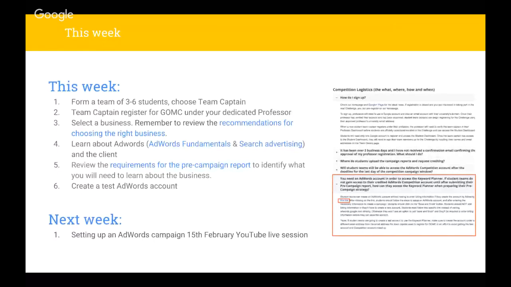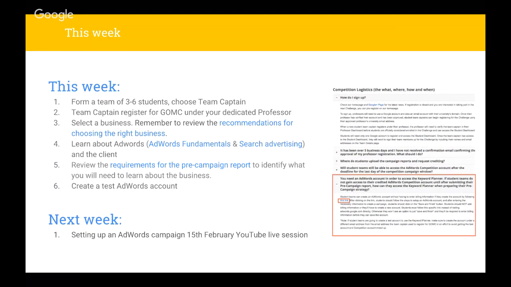So first of all, if you still haven't formed a team, you should really be thinking about this right now, and also you should be selecting a team captain. If you do not have a team yet, and you do not really know which other students have registered from your university, we have created a document and shared it with you on G+, in the community. Use that, find the correct tab, and just fill in your name, and hopefully that will help you to connect